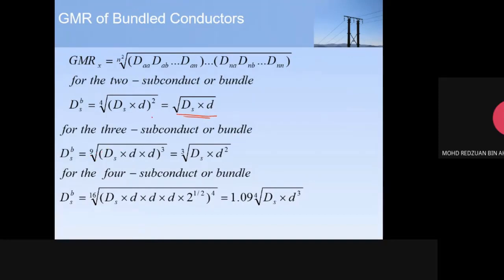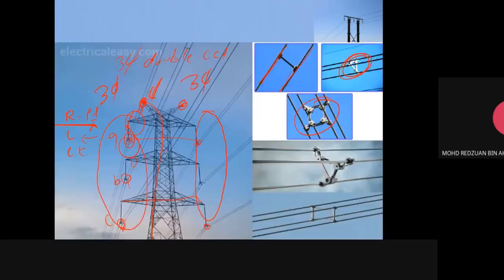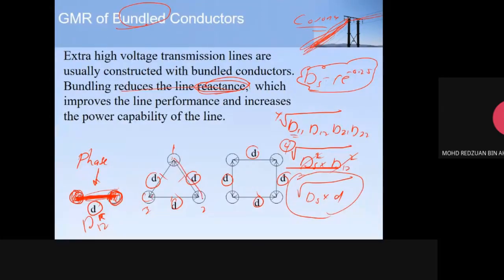Same as the previous theory. You use the root of 9, so you should have 9 elements inside this one. So you should have D11, D22, D33, to the power of 3, because there are 3 elements over here. And then we have another combination of D. This one, 1 to 2, 2 to 1, 2 distances, 2 to 3, 3 to 2, another 2, become 4, 3 to 1, 1 to 3, so become 6. D12 until equal to this value. So we have 6 elements over here.